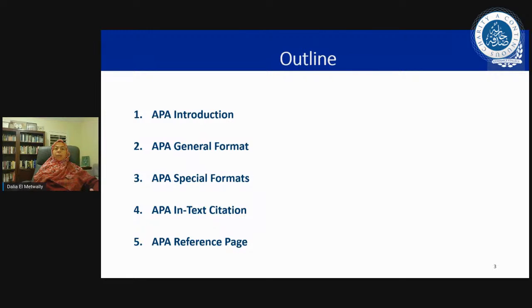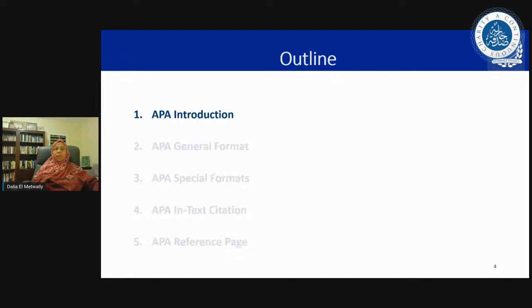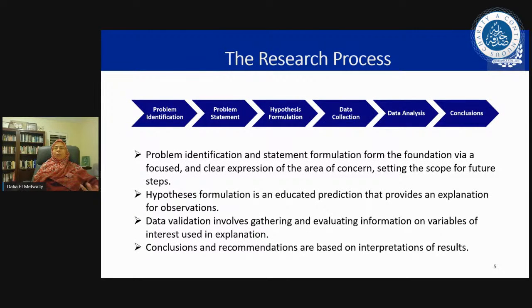This is my outline. I'm going to start with the introduction. Whenever we start working on a research paper, your professor says you need to work on a research paper, or you need to get promoted, so you have to work on research so that you publish it in some of the journals. One of the very first things we have to do is figure out, what am I going to research? What exactly is the problem that I need to research? And as such, we get to the point of problem identification. What is it that I need to look at?